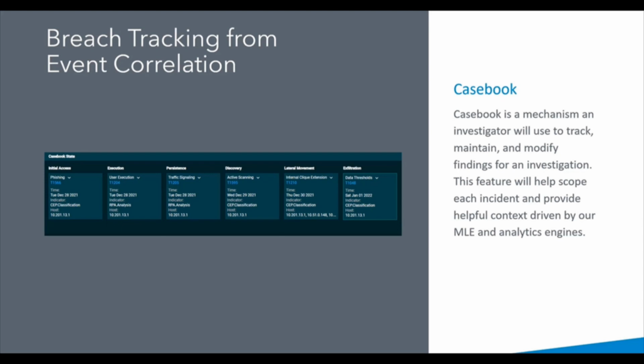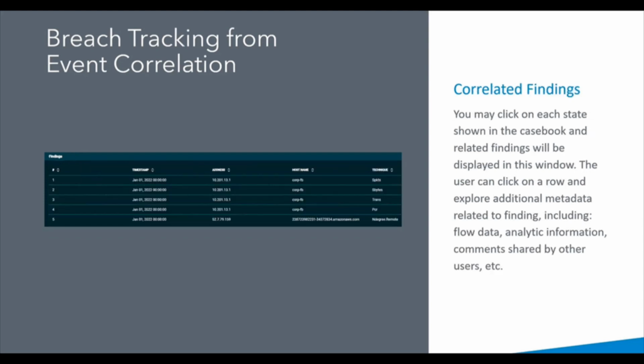And this will be a helpful structure for any sort of reporting that needs to take place. Now, if you look at these categories, you can see that they're treated as a state within the casebook, and you'll see that in a second here. So if you click on, say, exfiltration or persistence, you will find a box like this that pops up that shows all the findings that are associated with that particular state of the attack.